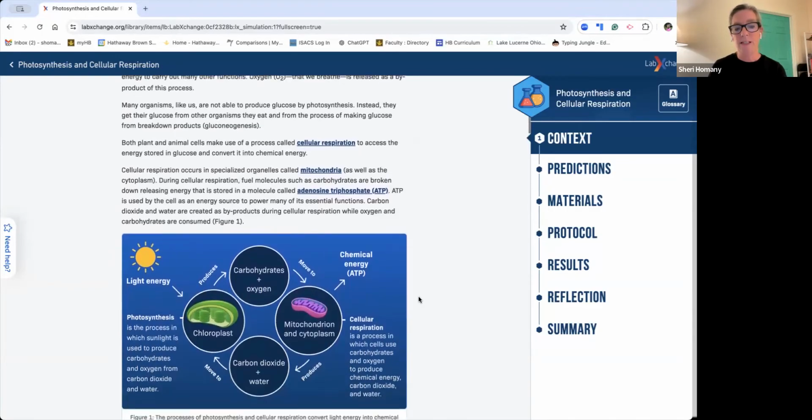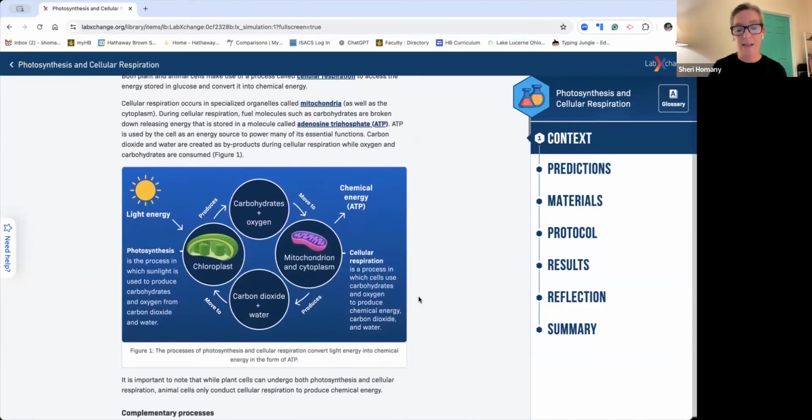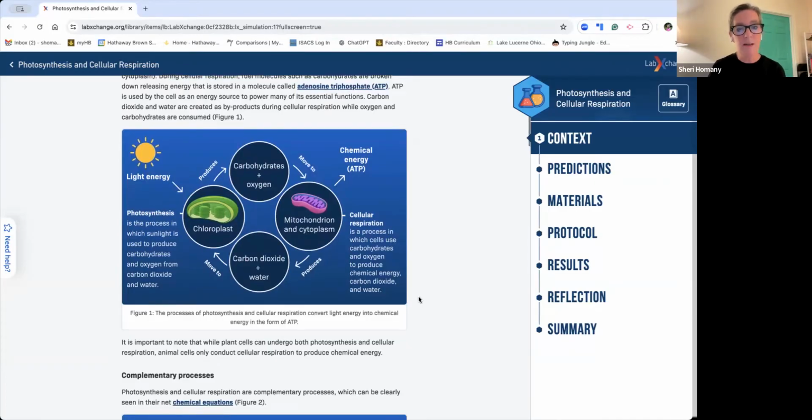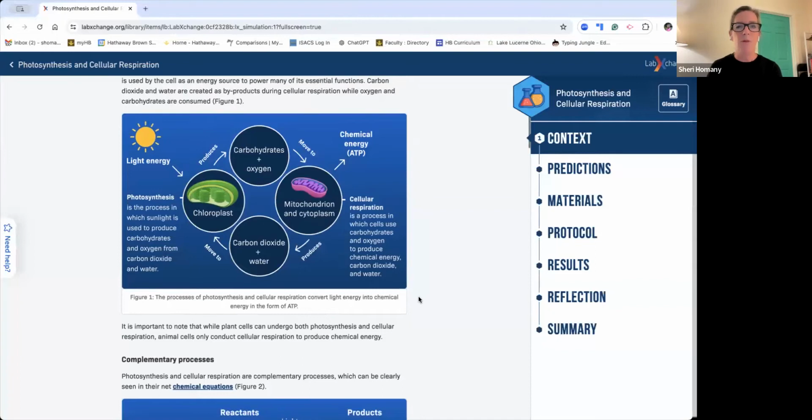The simulation provides some nice summary graphics that I think are really clear. That plants perform both photosynthesis and cellular respiration is emphasized, which is, I think, very helpful in counteracting the common misconception that many students have that plants perform photosynthesis and animals perform cellular respiration. Asking your students why plants are used in this investigation may help reinforce their understanding that plants do both photosynthesis